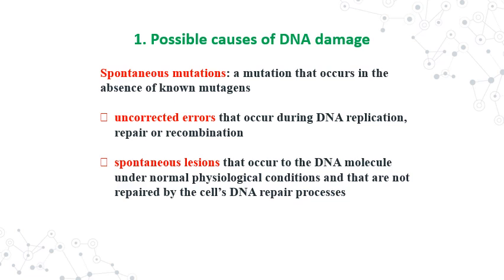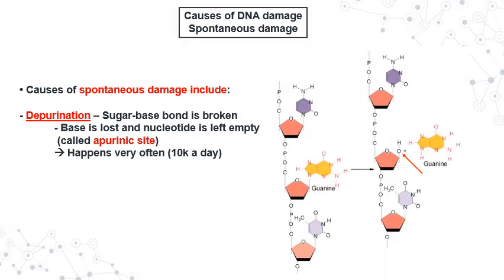All right. So, possible causes of mutations. Here you have your spontaneous mutations. Okay? Those are uncorrected errors and they happen naturally. What kind of spontaneous mutation? First thing that you're going to look at is depurination. You see this purine right here? It can just fly off one strand of DNA